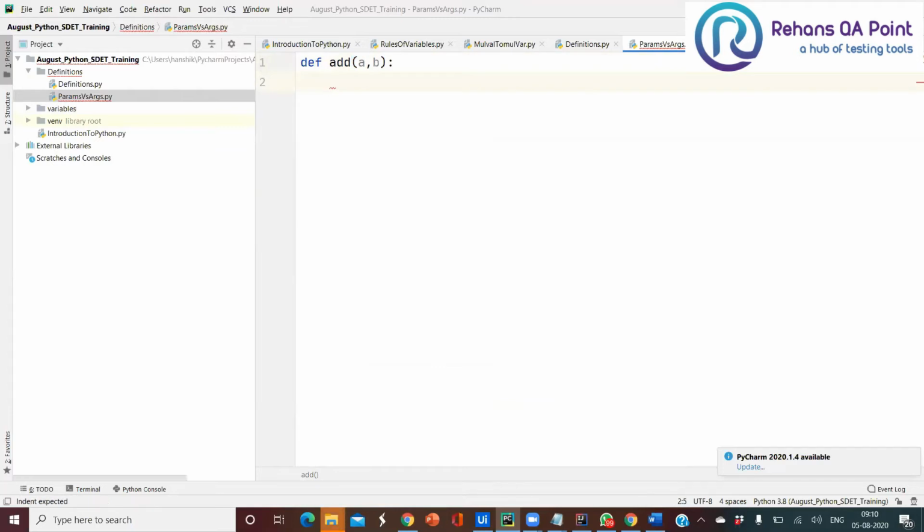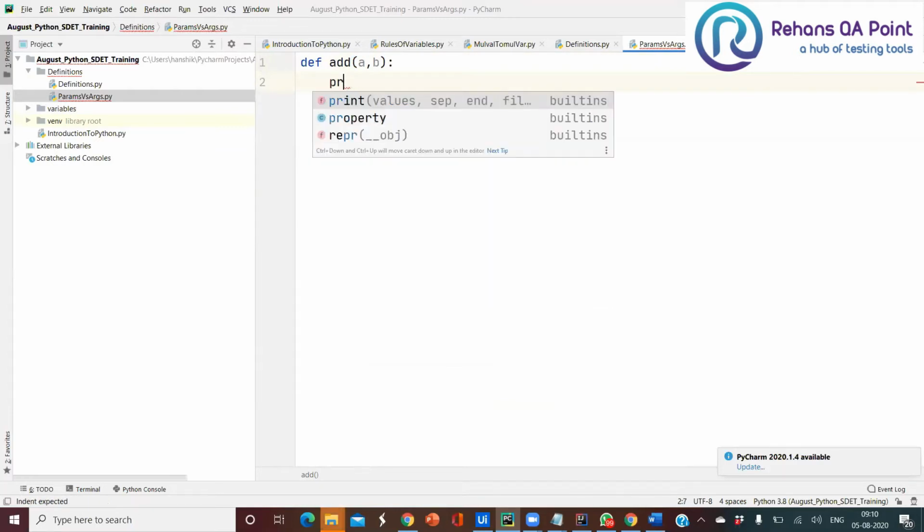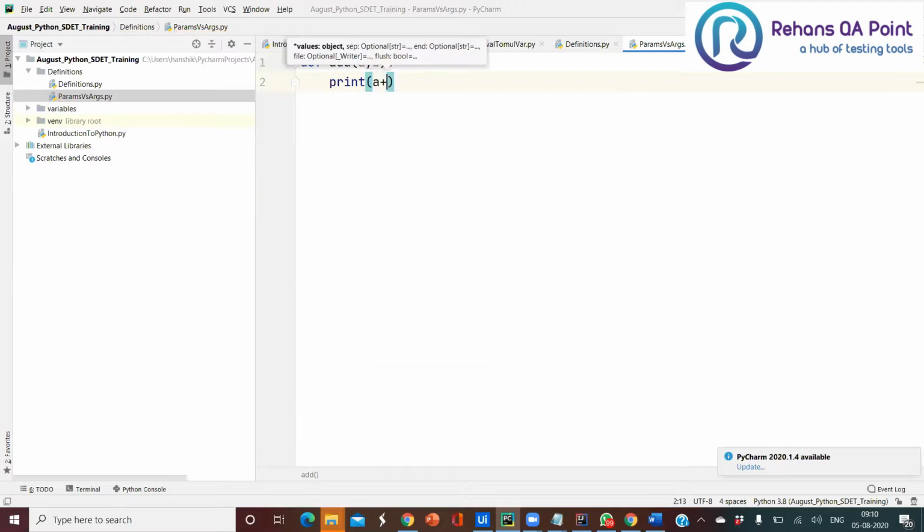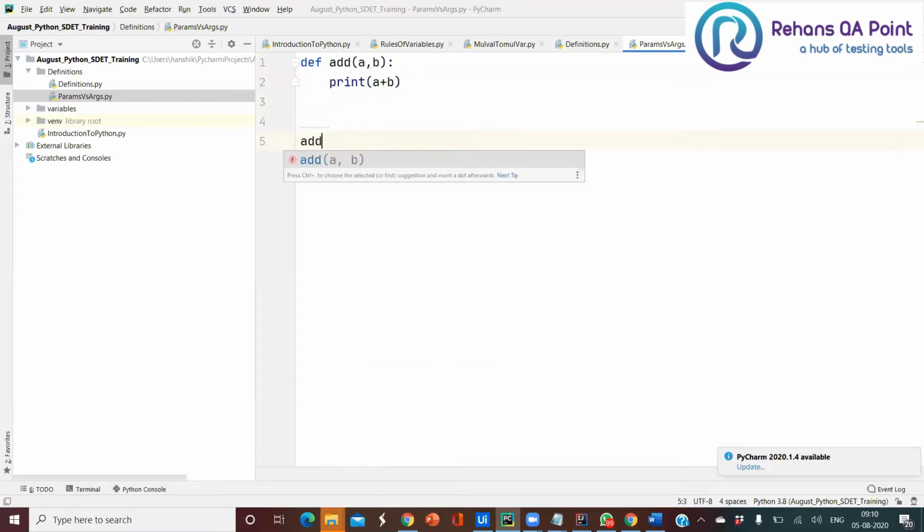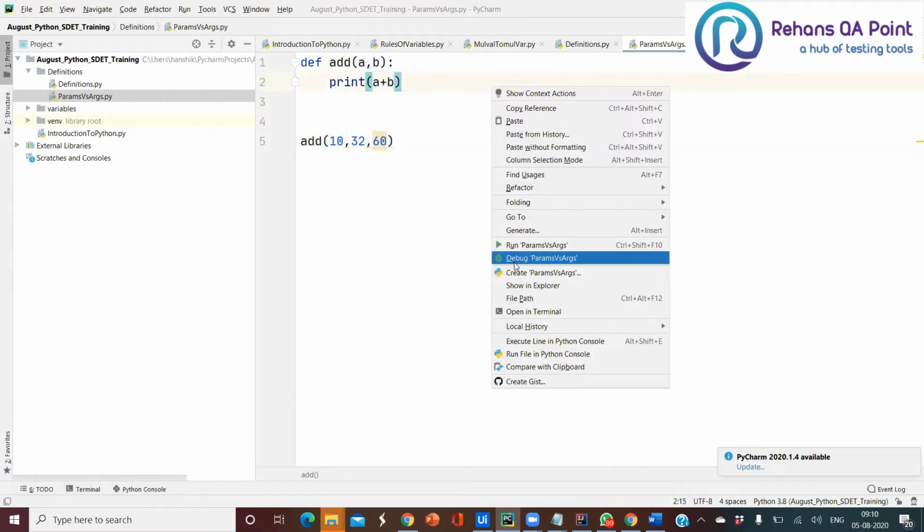Now I'm going to use my print statement as print of a plus b. Fine, that is absolutely fine. Now what I want to do here is call this. If I try to use 10 comma 20 or some other numbers here, the number of parameters here is 2, but we are sending 3 arguments.